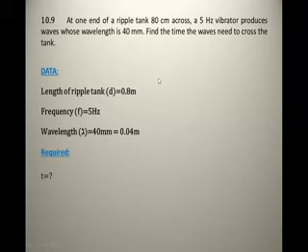We have to find the total time needed to cross the tank. Wherever the total time comes, beta, you have to use the formula of class 9. This is V equals to D by T. Rearranging D by T, T here and V there. So we will use that formula. Okay, now moving towards the solution.